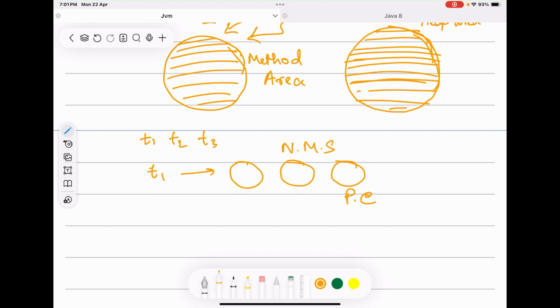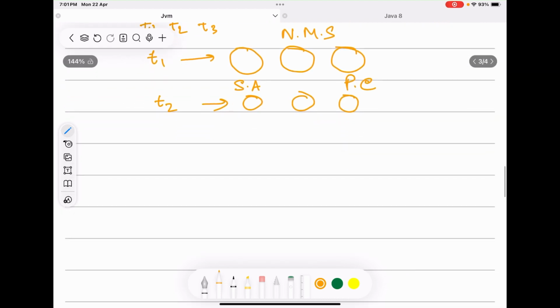I am using short forms, I guess you will be able to recognize these. Similarly for T2 we will have another set of stack area, native method stack and program counter register. And for T3 we will have another set of stack area, PC registers, native method stacks